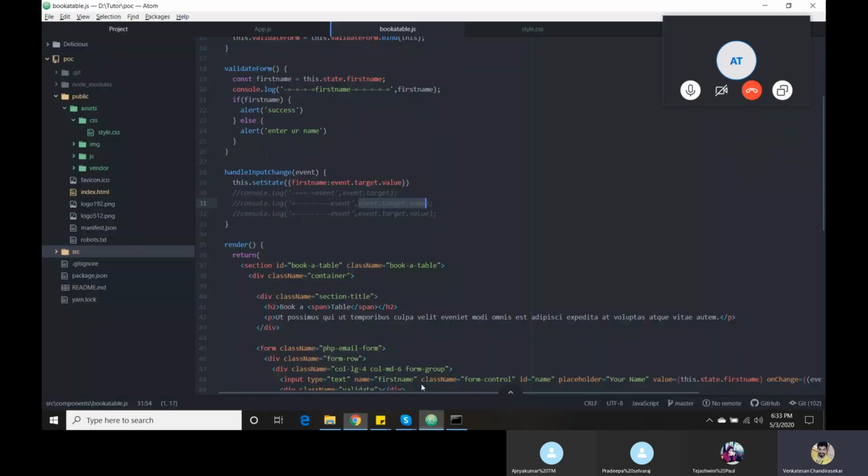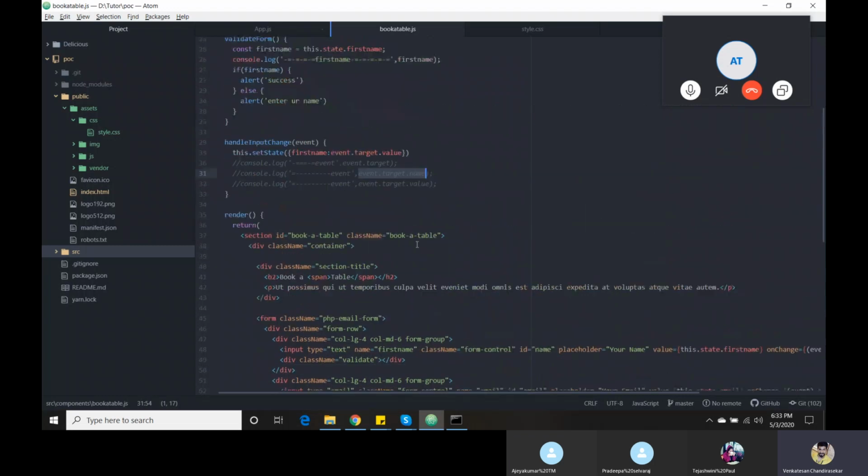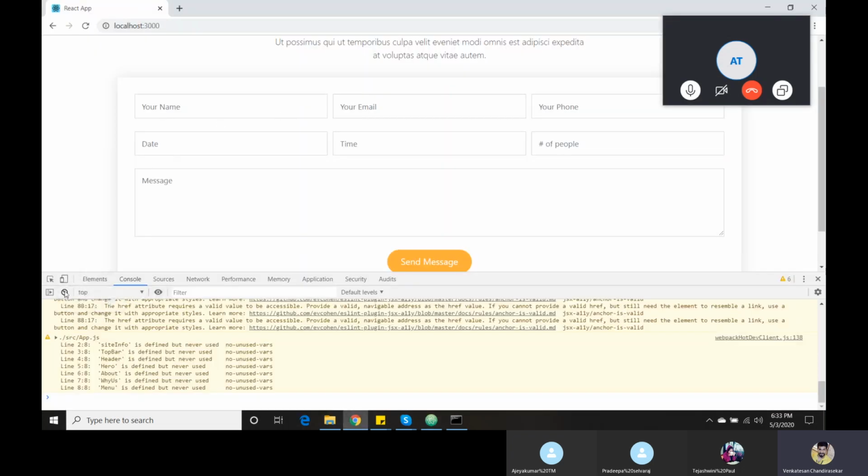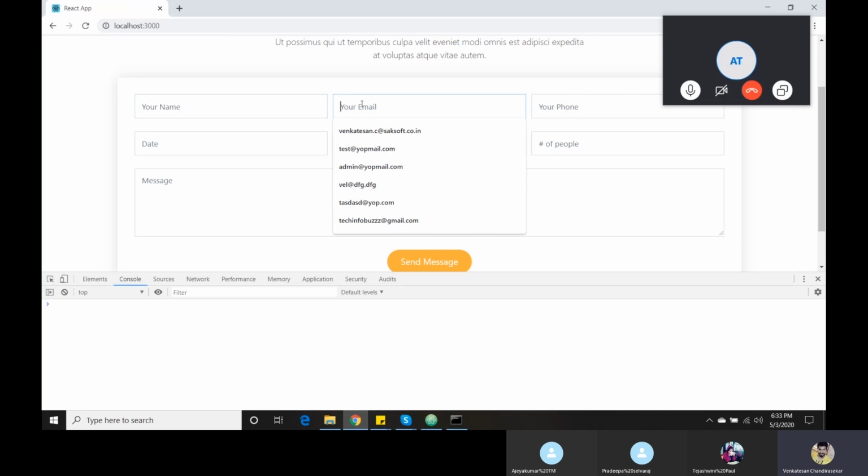It tells the name. It checks the name: this is for first name, this is for email. Then event.target.value gives which value you are giving for the corresponding text box. If I give something here, it gives the value under first name. The same way we will get your email and corresponding values.